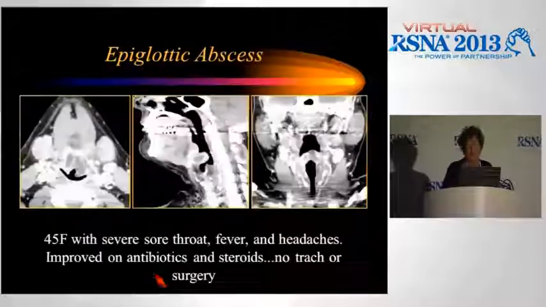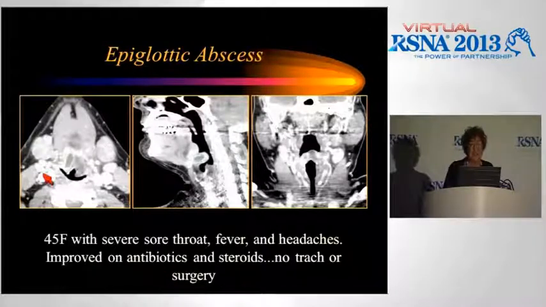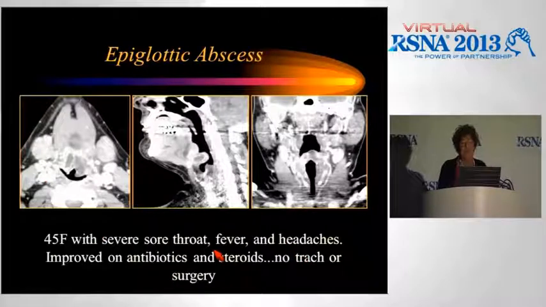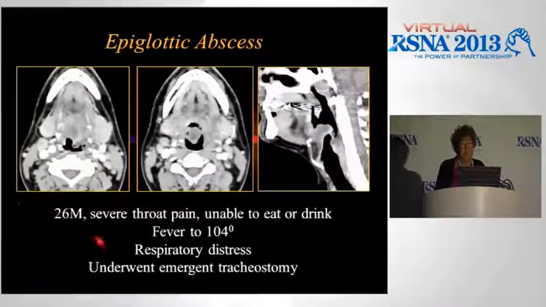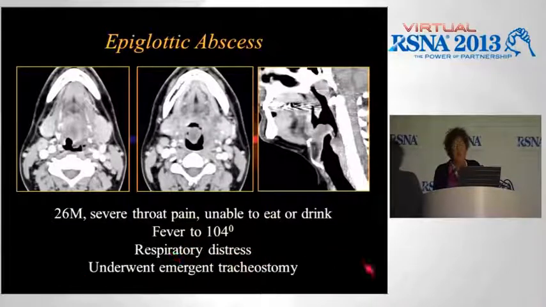So even if you want to do plain radiographs or CT, here is a 45-year-old female with sore throat, fever, headaches. This particular patient improved on antibiotics and steroids and did not necessitate a trach or surgery. But this younger man did not improve, had severe sore throat, couldn't eat or drink, fever to 104 with respiratory distress, and you can see the airway is almost blocked here in this young man,